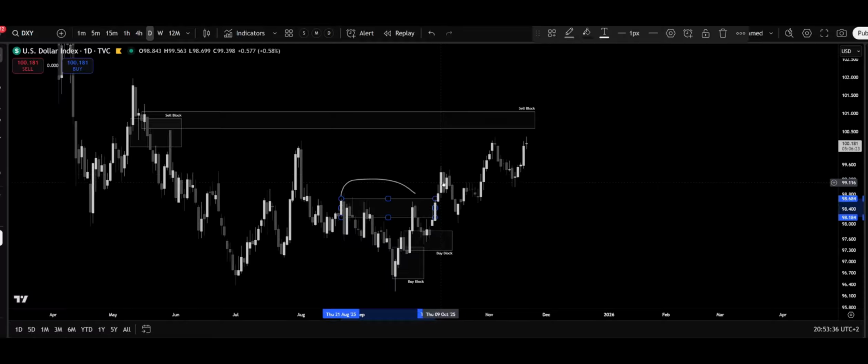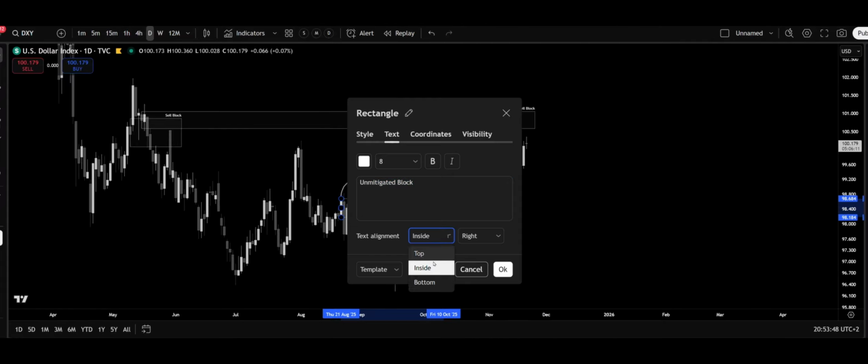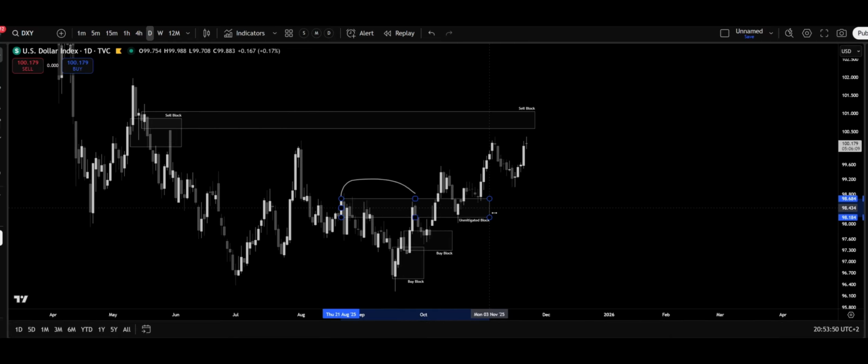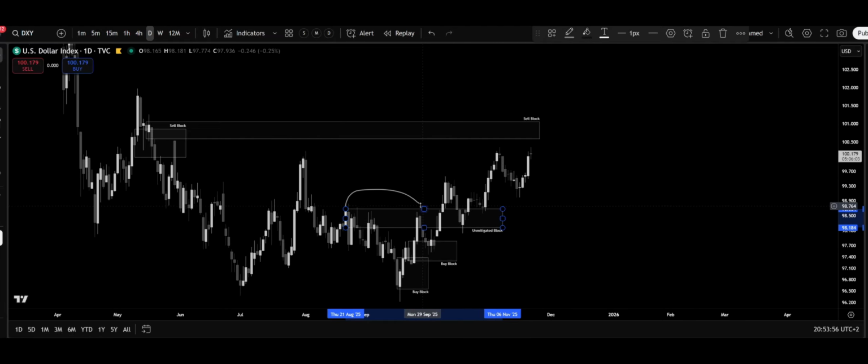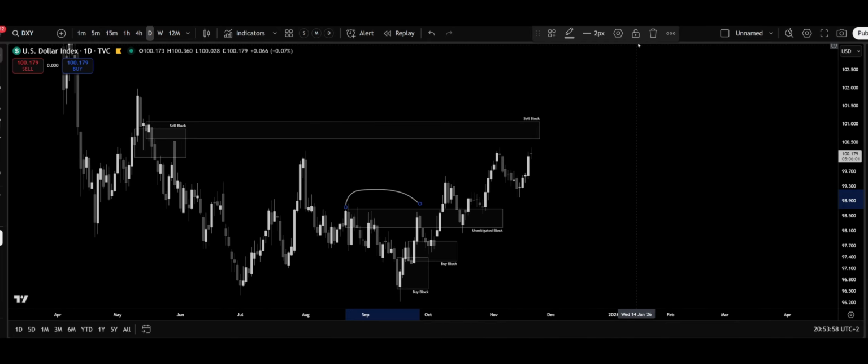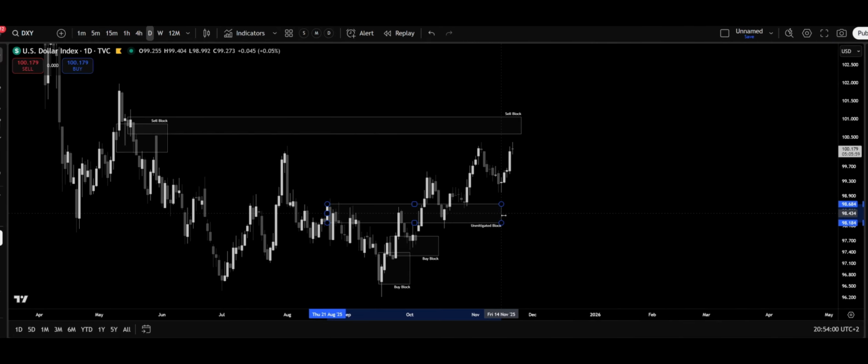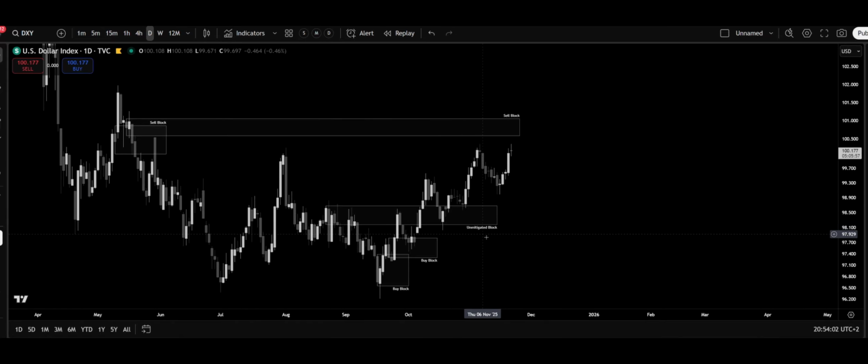got broken with this candle. So this was a sell block, got broken, turned into an unmitigated block, and price reacted to it and proceeded upwards. Let's just delete this. So now I have the true range, and I know